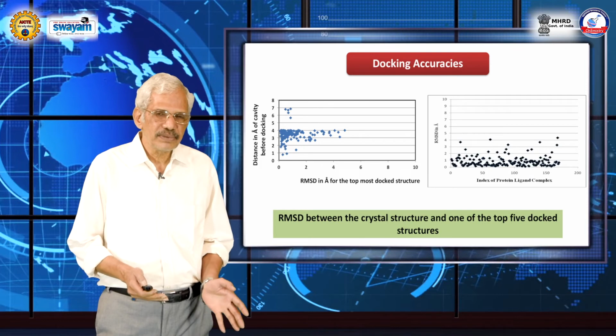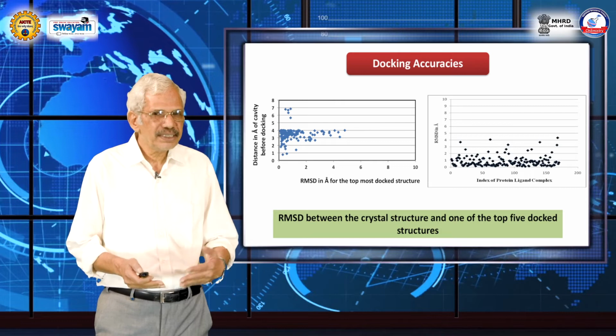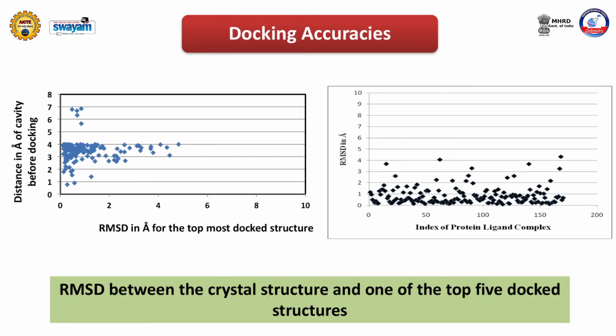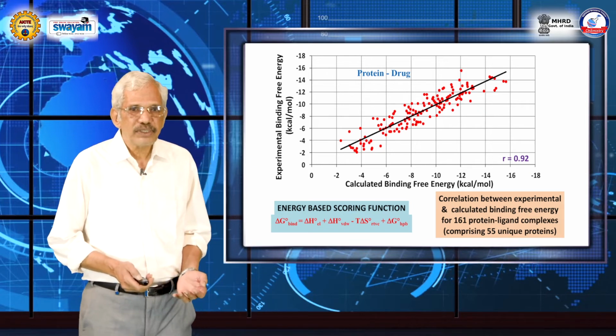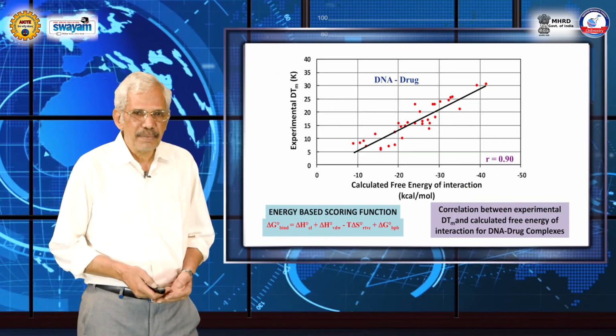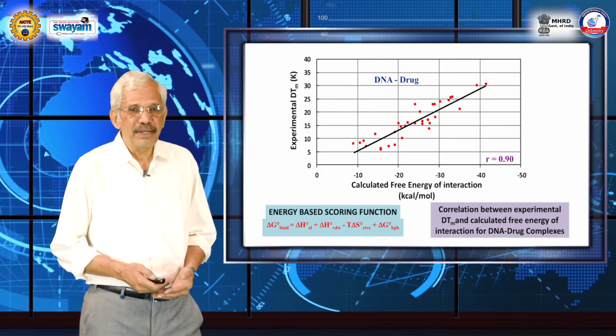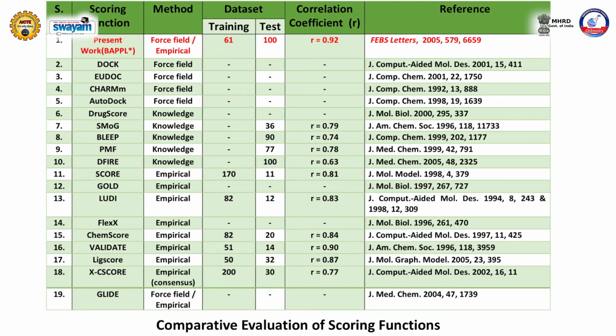So you're within 2 angstrom. Suppose you're printing a complex structure on the computer, and now you want to compare, is this really good? Well, you have crystallography, protein ligand complex, and you can compare and calculate RMSD, root mean square deviation of each of the atoms, and what it shows is that these computer aided docking methodologies are working just fine. They're really reliable. And in terms of scoring, well, I'm showing you pictures of about 100 protein drug complexes as well as DNA drug complexes, the predicted versus the experimental binding free energies, and the correlations are reasonably good, right? And of course, comparison with some of the existing scoring functions.